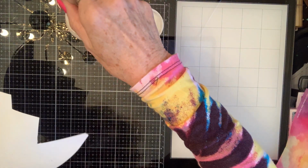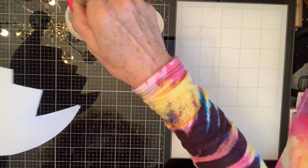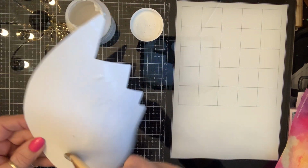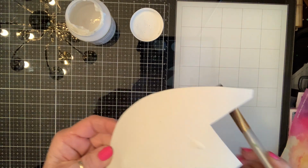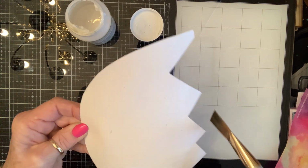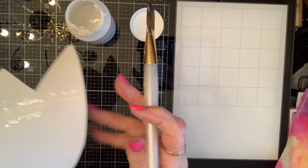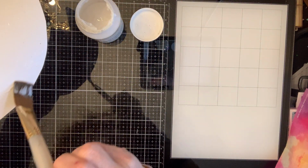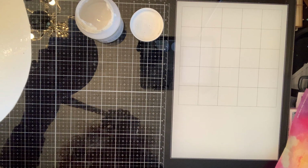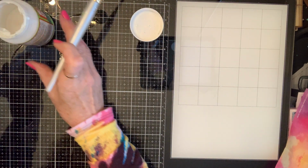And remember those bunnies and eggs that I Mod Podged with the polka dotted napkins? This matches those perfectly. So now I have something to go in between that's a little different, not a lot different, but just enough. This is so stinky. Okay. I want to make sure I get it on the edges good because I really want it to